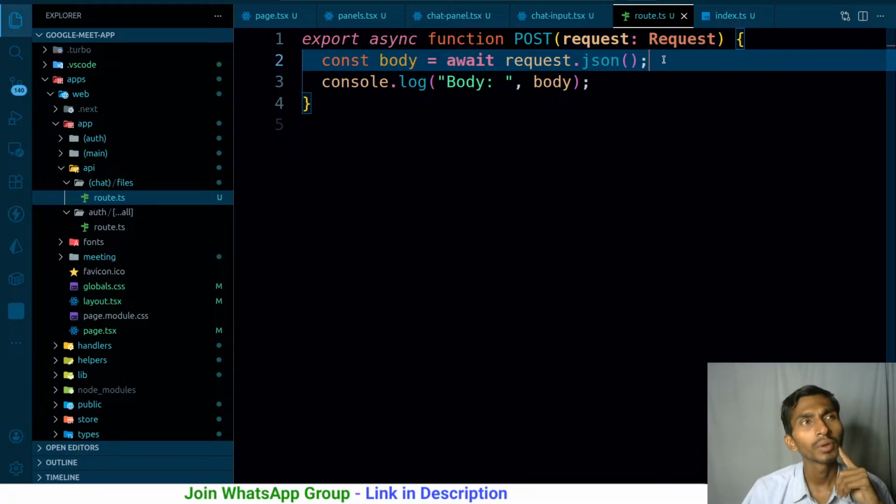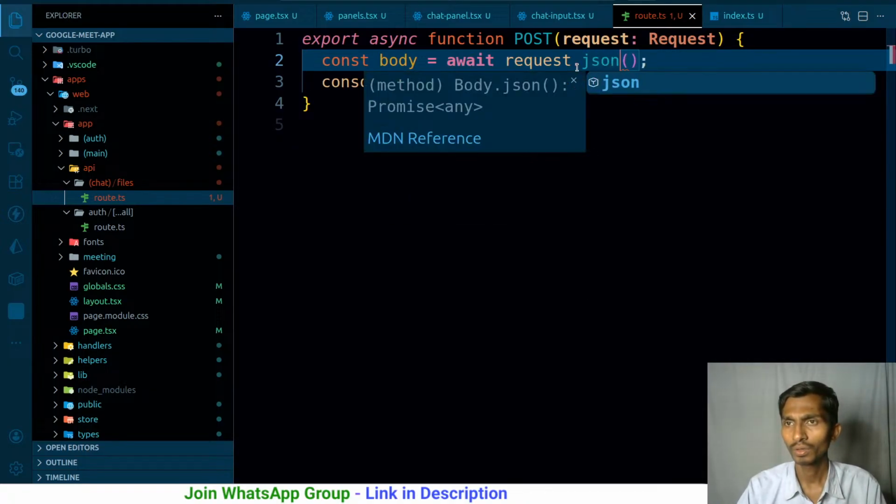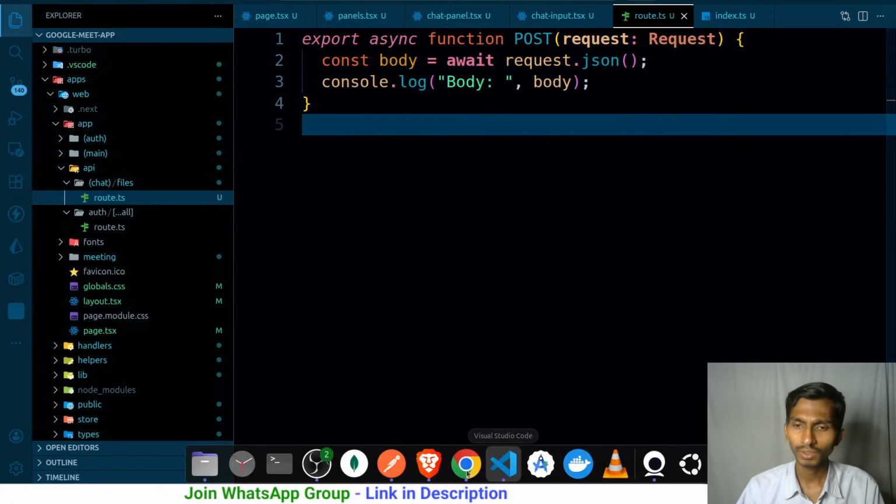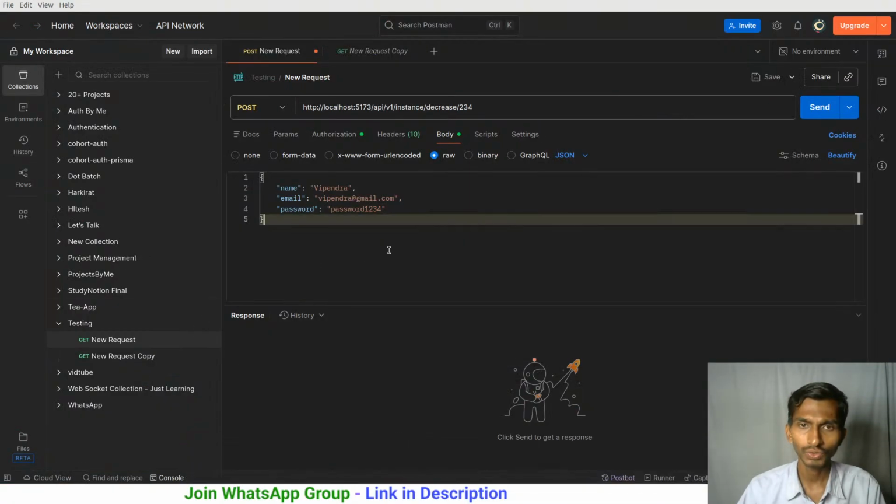Data in the files format. Can I get it directly? I mean, is there something called file as well? No. How to get the files in JSON? I don't know. I mean in Next.js,